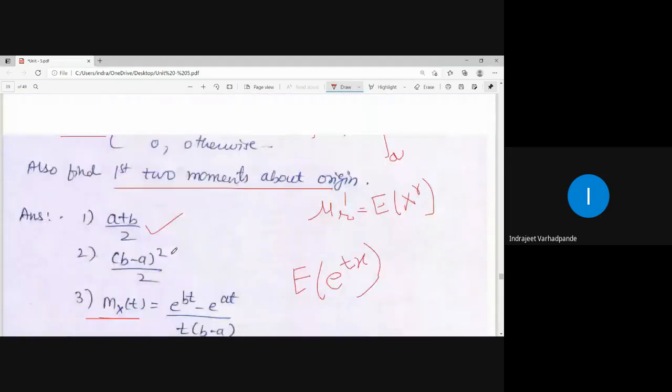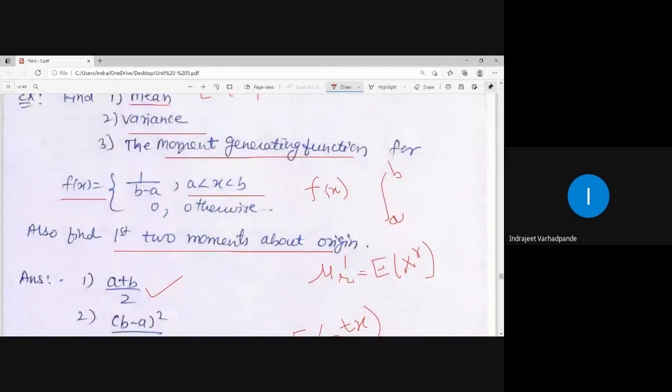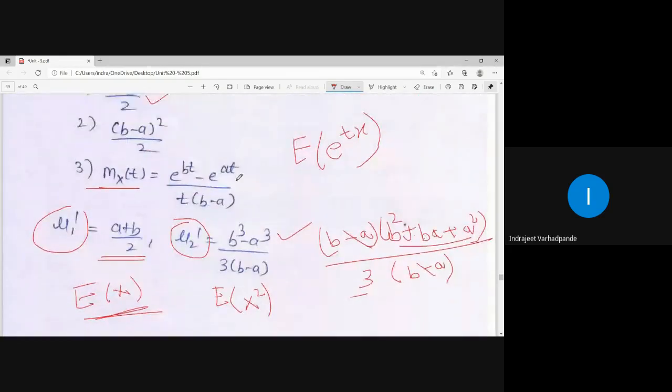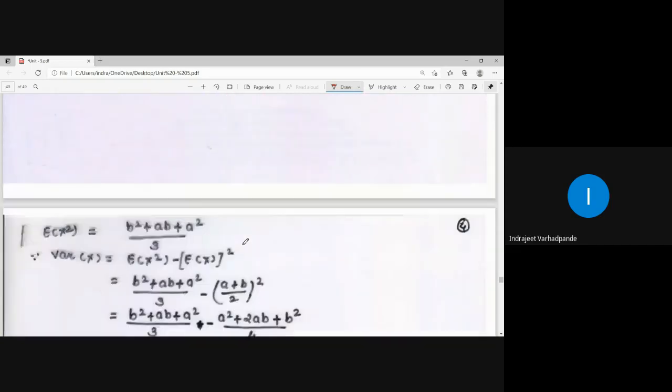So accordingly, kindly try to find out mean, variance and moment generating function, and also find first two moments about origin. So this is the example which is related to the random variable containing the probability density function, I can say, f of x as 1 upon b minus a. Many a times we have gone with this particular quantity. Additional part what we are asked over here is find first two moments about origin. So after calculating moment generating function, calculate first two moments, that is mu1 dash and mu2 dash. That is how we need to calculate.